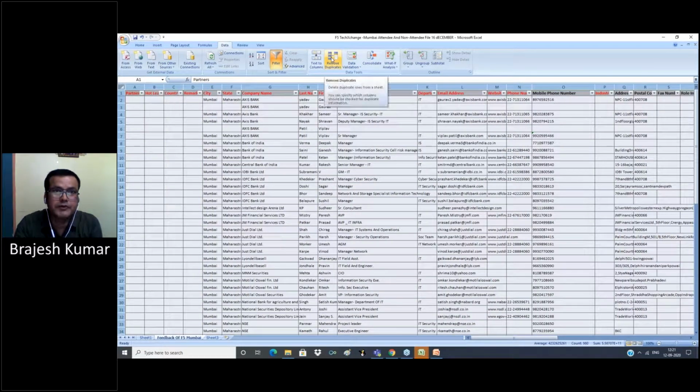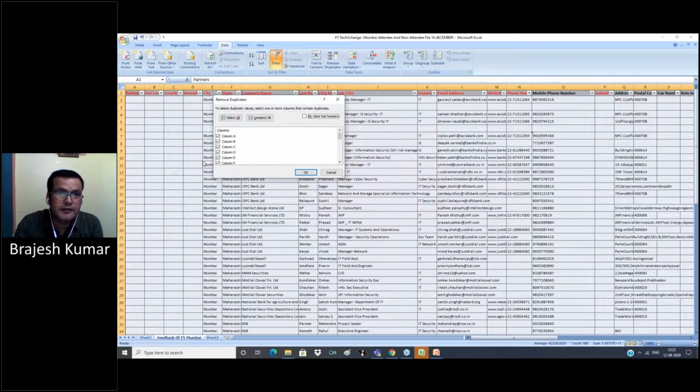So for this we use Remove Duplicates. If the column heading is not there, then unselect My data has headers. Now select the column name which you want to use for the duplicate check. We want to use mobile phone number. Select mobile phone, click OK.